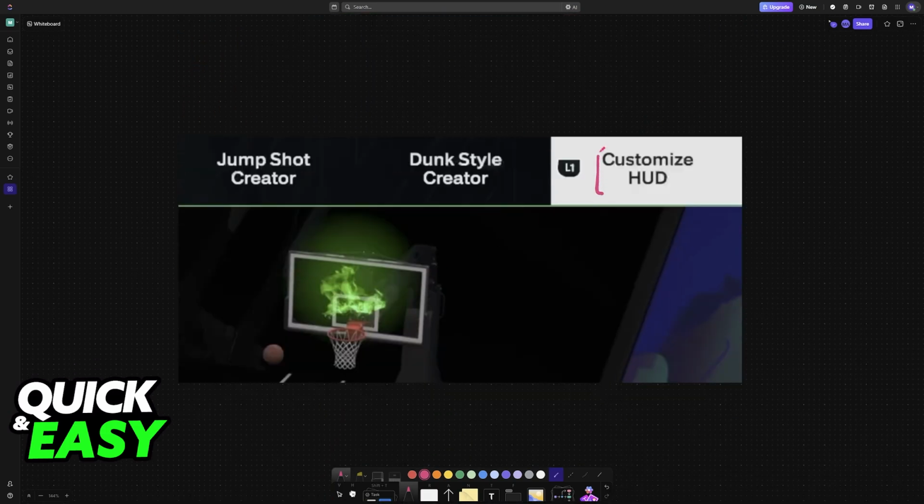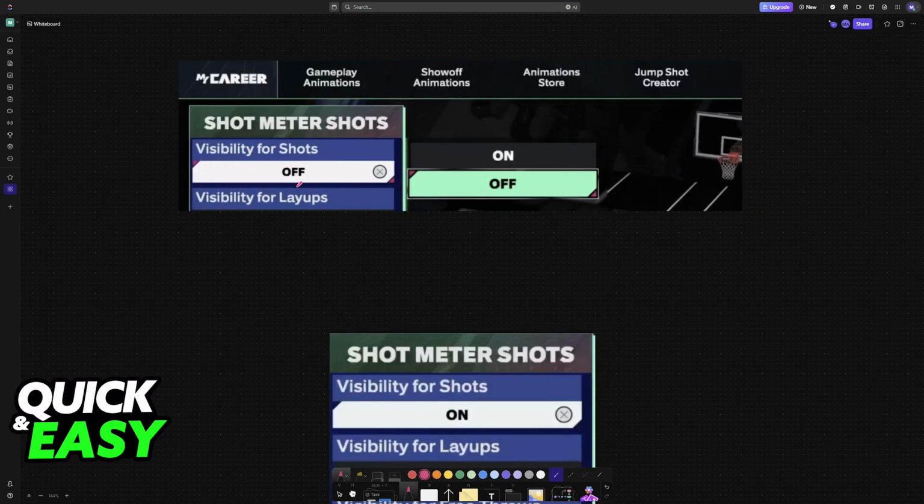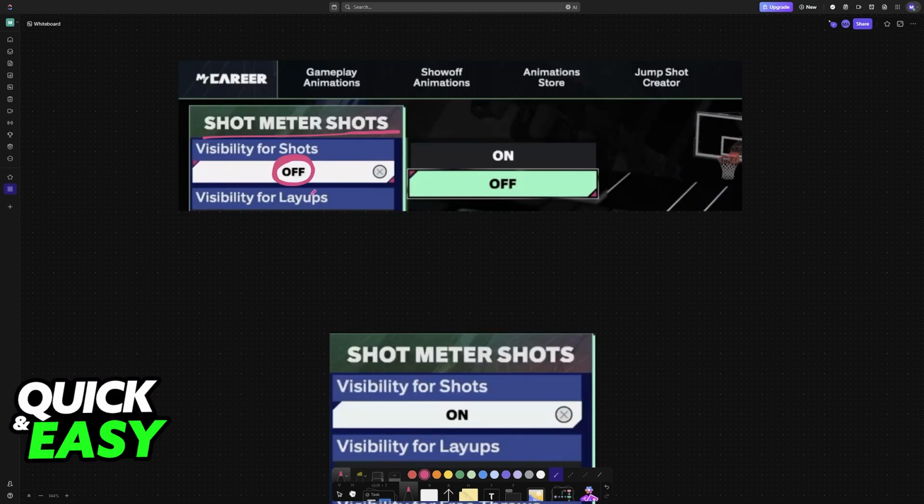In here, you will find the Customize HUD option all the way to the right, and this is where you will be able to customize things related to the shot meter. The first thing that you might want to turn off is the visibility for shots. So this is the shot meter itself. When you go in Animations, Customize HUD, you will find shot meter shots, and finally you can turn the visibility